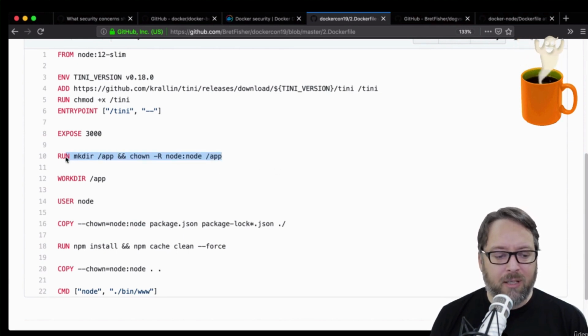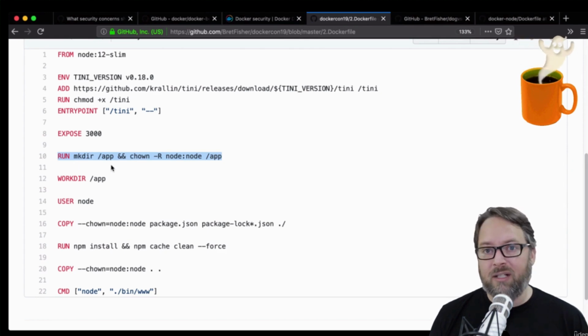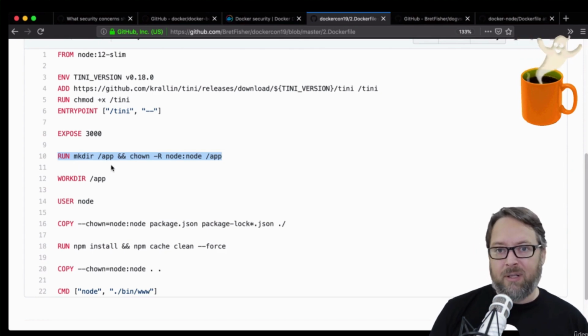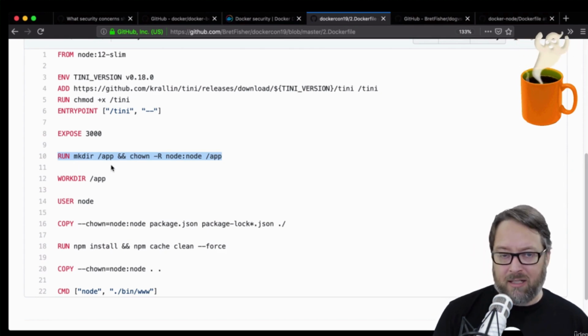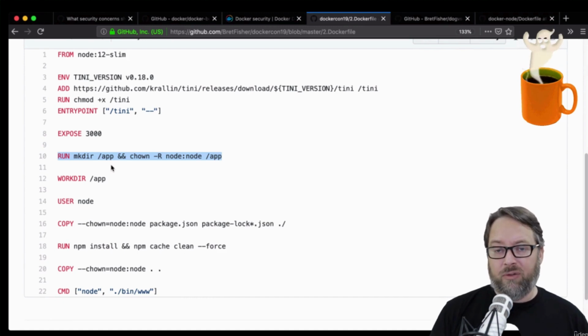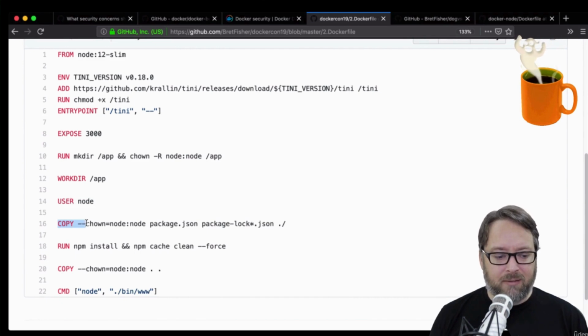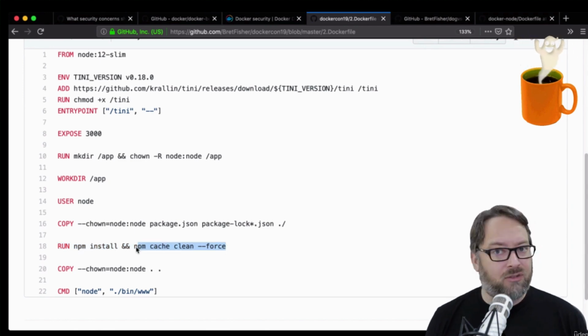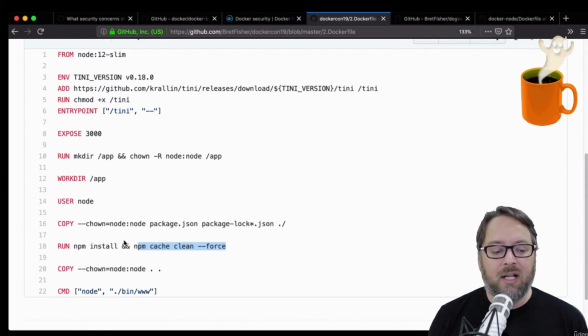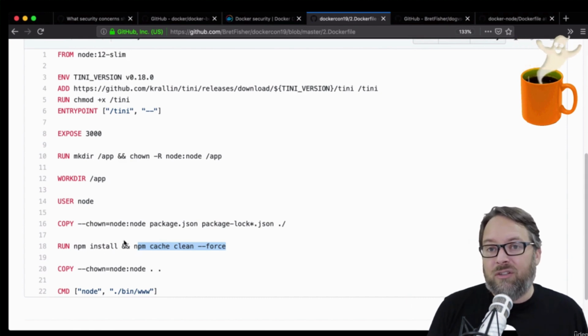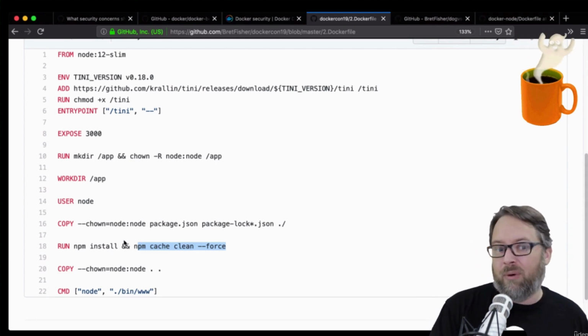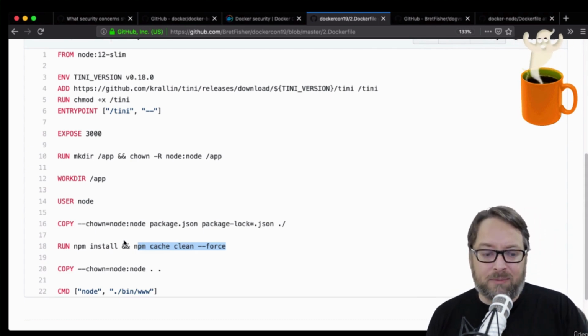You'll also see up here that I'm creating the directory and chowning it as well, so that whenever the app is copied in, I just want to make sure, extra sure that the permissions are there so that it can write. Because the minute I change this user, then this copy command, or specifically this run command, will run as that user. And if it doesn't have permissions to write to the directories, then it's also going to fail. So the reason that Docker doesn't do this for you is because they know that your things will probably break. So you need to take these extra steps, but it's not that hard.